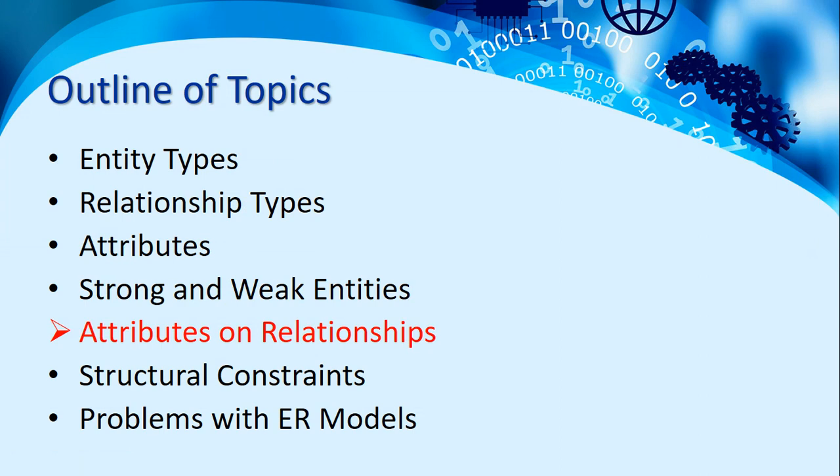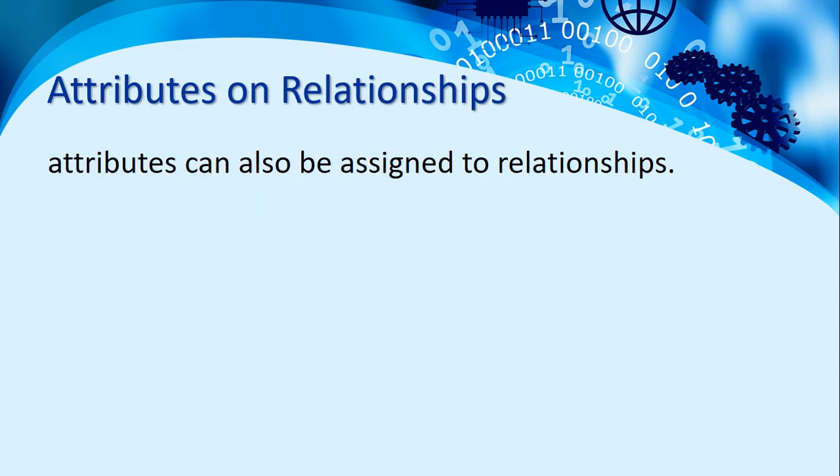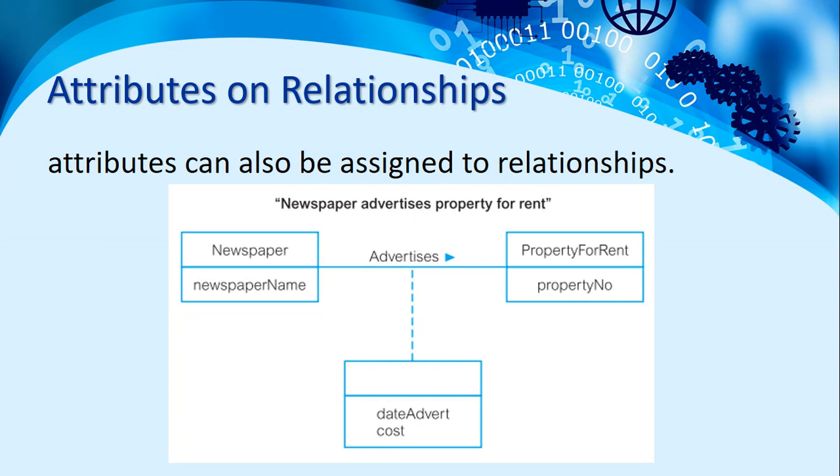Now let's move on to the attributes on relationships. So attributes on relationships, these are attributes. Di ba meron tayo attributes for entities. So we can also assign attributes to relationships, just like this one. So we have here a newspaper advertises property for rent. So we have a relationship type na advertises, no? So as you can see, no,